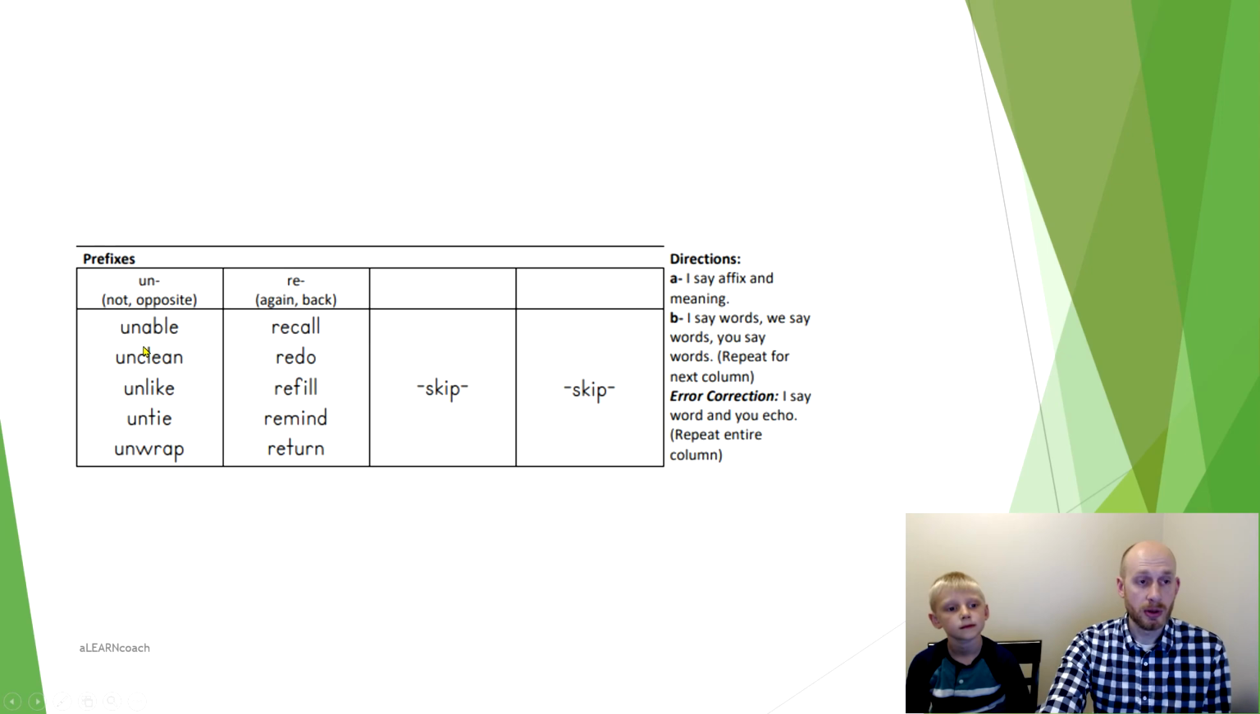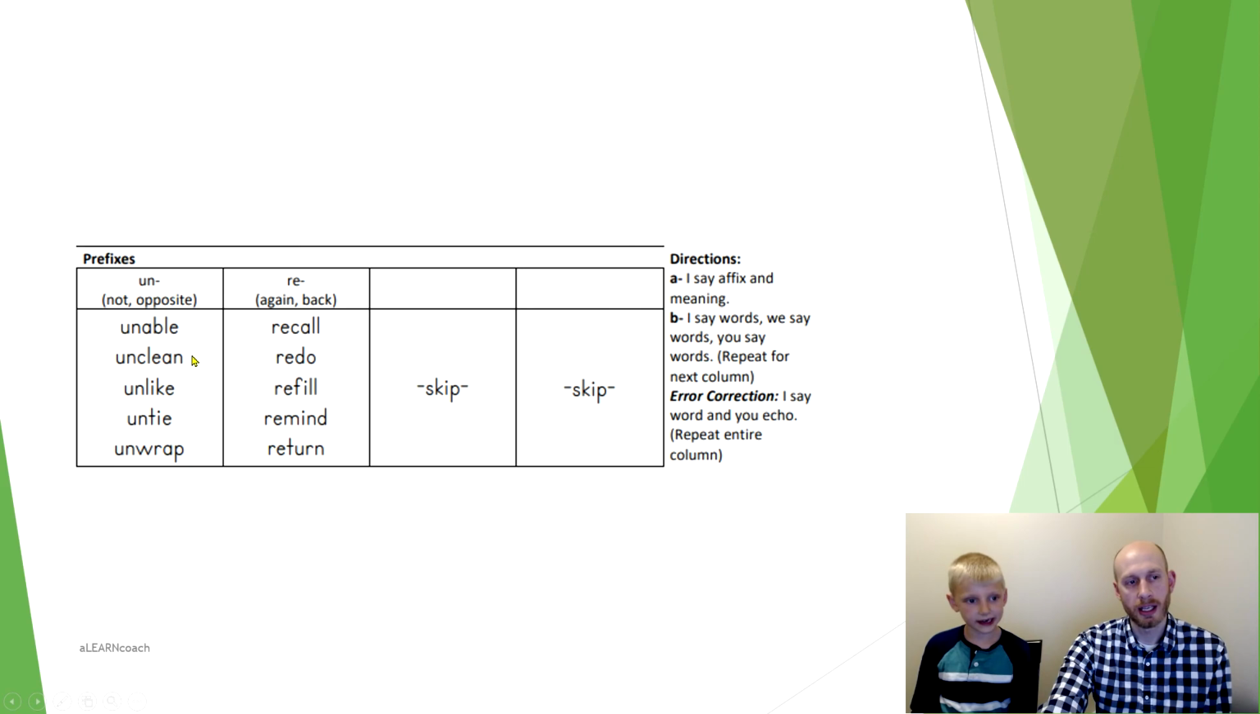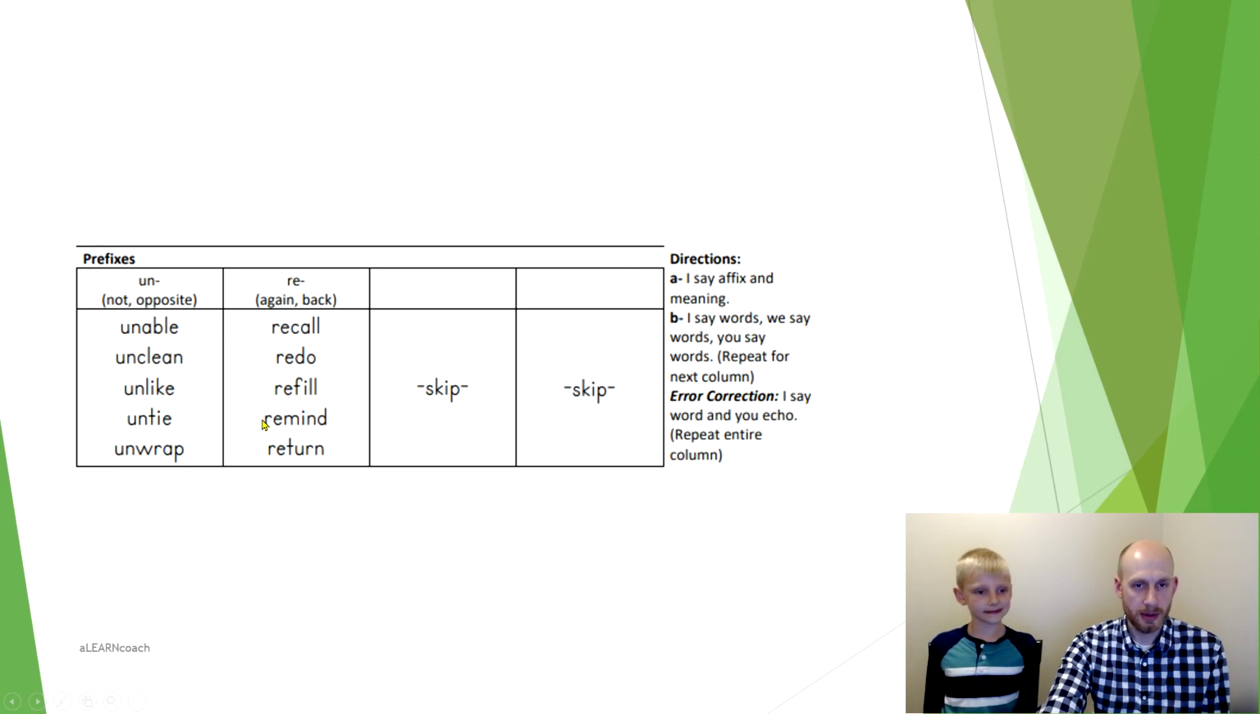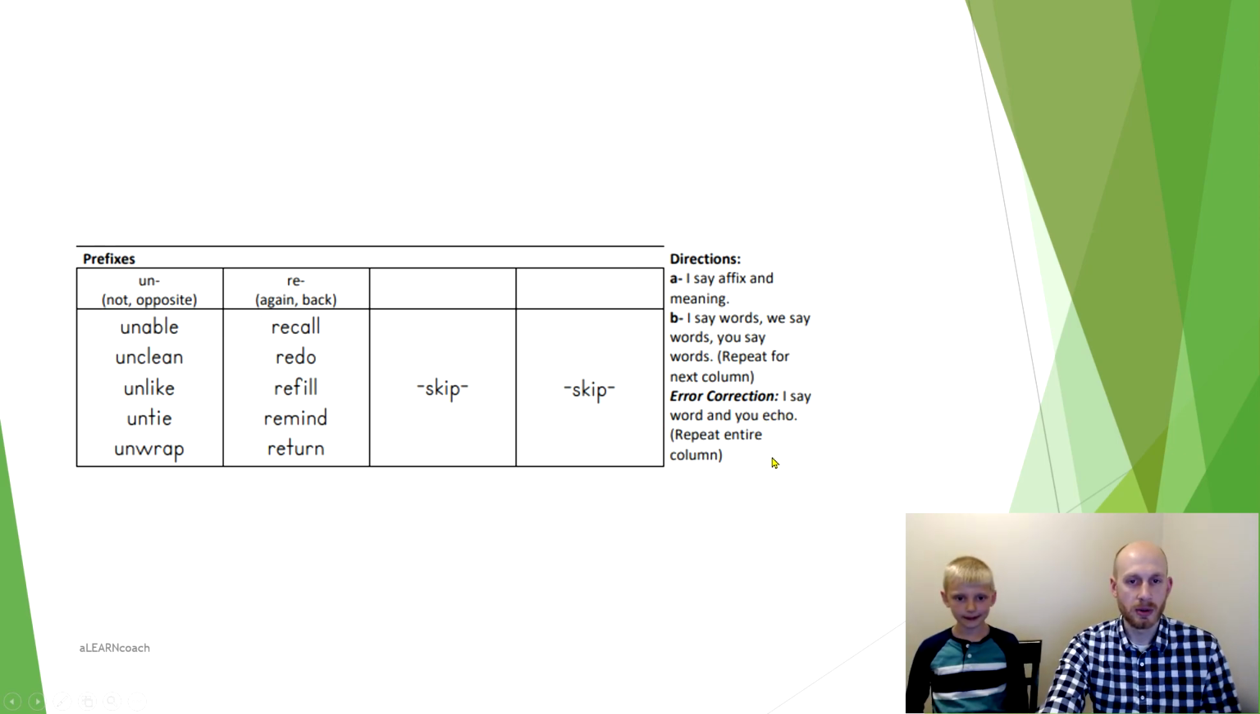Now we are coming to our prefixes, or really any of the affixes that we're going to be practicing. So I'm going to say the affix and the meaning, so we're going to say un, and that means not or opposite. And then we go through, I say the words, we say the words, you say the words: unable, unclean, unlike, untie, unwrap. And we do the same thing for the next column. If there were any mistakes, I say the word with an echo,